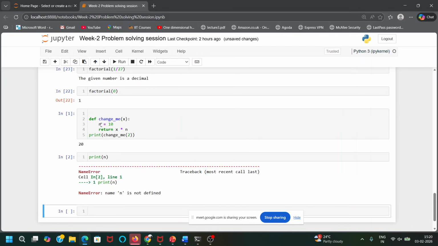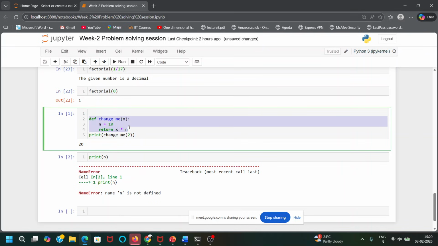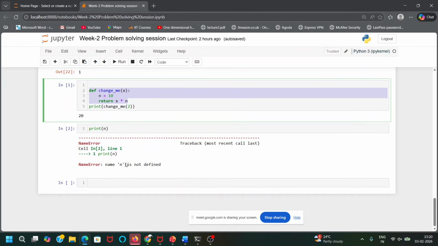As I have said, whatever assignment has been done is in the function itself. After it evaluates, it only returns the value we have defined. So Python, the interpreter, will not remember the value of n because it has gone with the function evaluation itself. Only the return value is being remembered. So that's why it will throw this error.